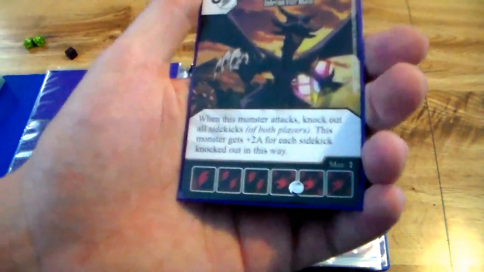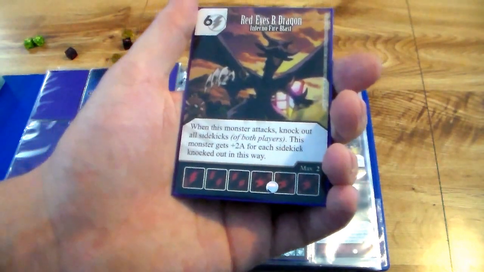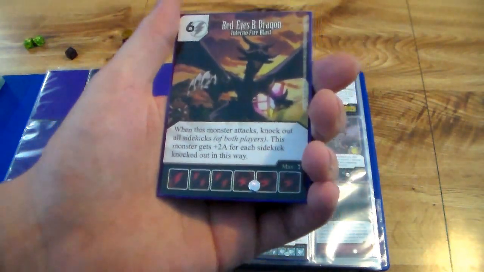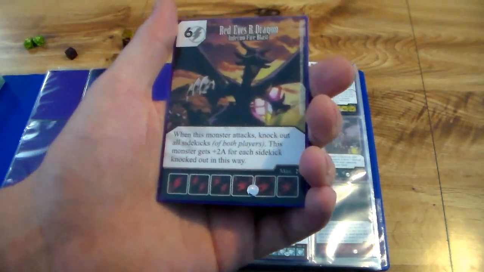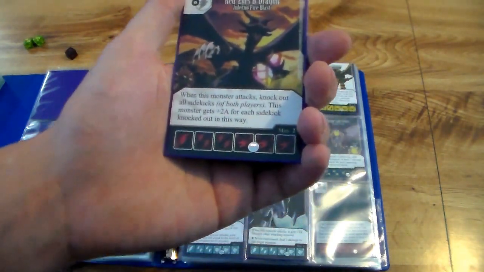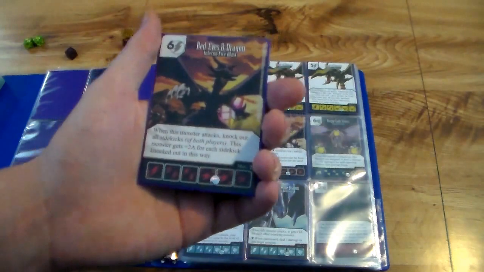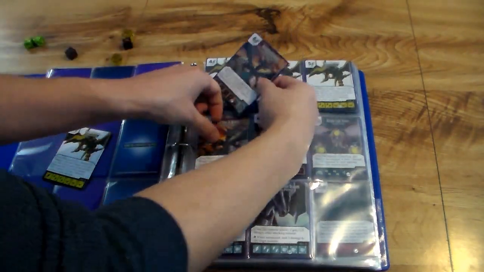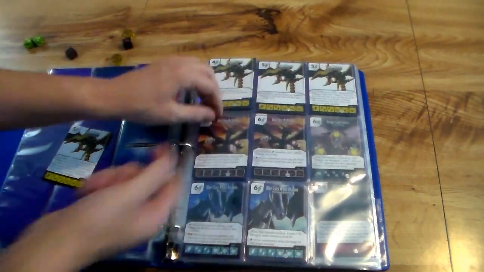So they are really chomping at the bit to take out those sidekick players that really stack their deck with all those weenie characters, and this can do an overwhelming amount of damage if he pulls this attack off right. And there are a few other Red Eyes Black Dragons that I'm not going to go over, but let's go